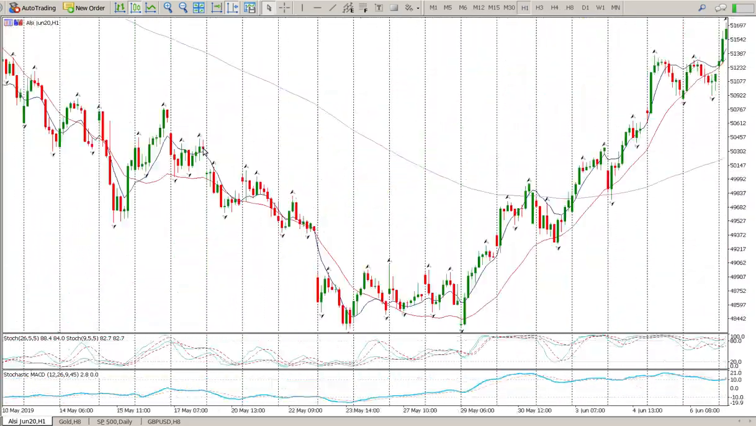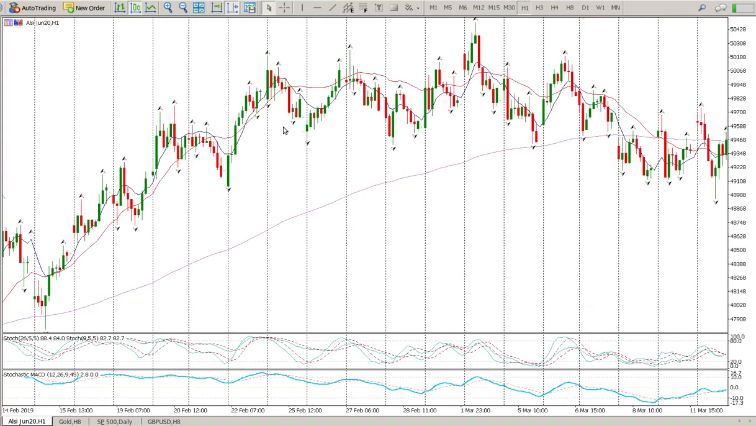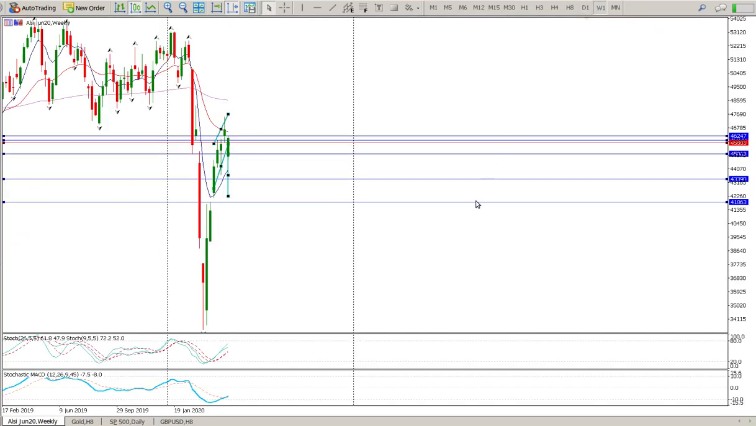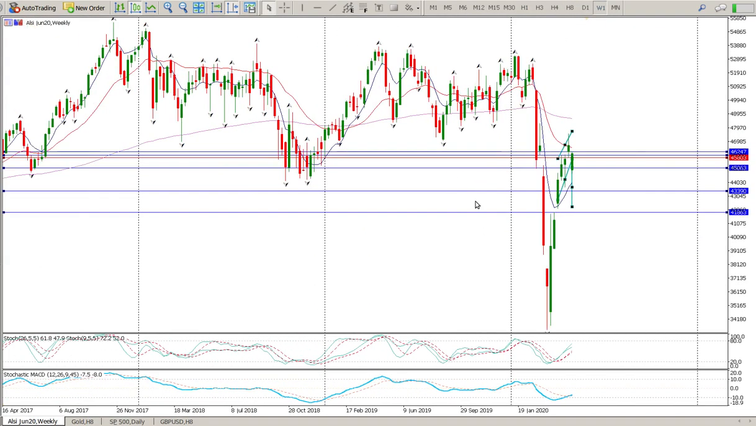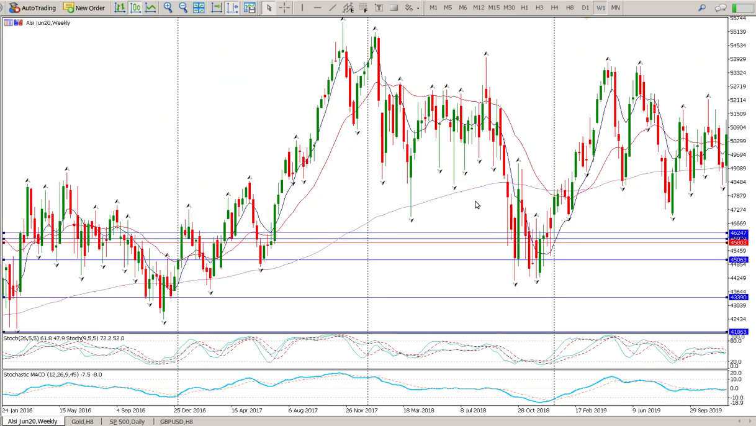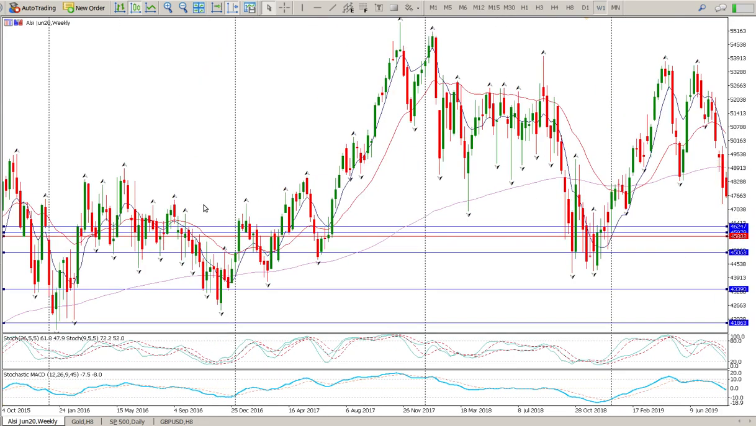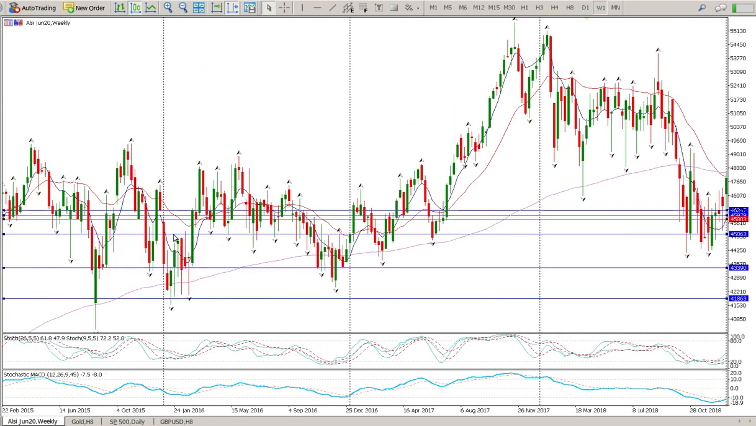And then we're going to have to go back really far to see the significance of that. So let's just get to the weekly, see if there's anything on the weekly here. Nothing that really stands up. Everything is very choppy, but